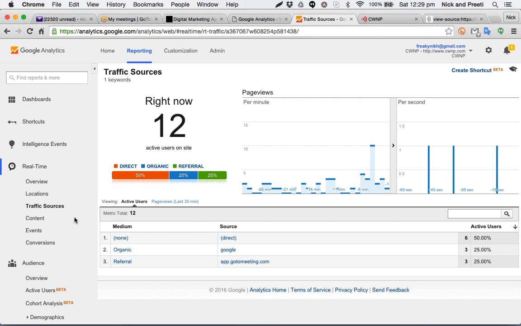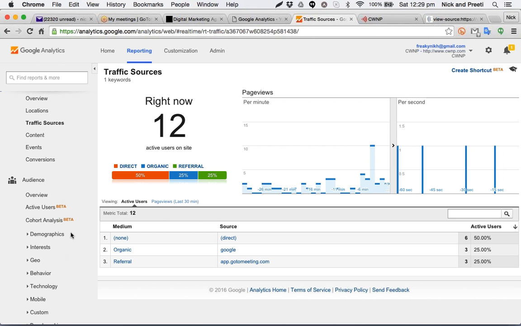So this is how you get to know whether Google Analytics is working fine or not, right? If all this information is being picked up, then it's perfectly fine. Once you know that your analytics code is working fine and that the real-time data is picking up fast,